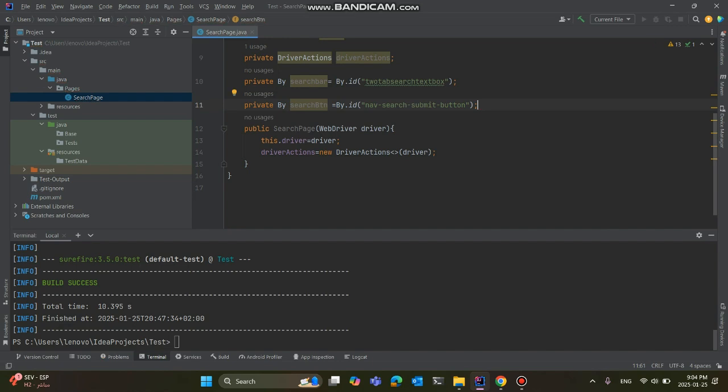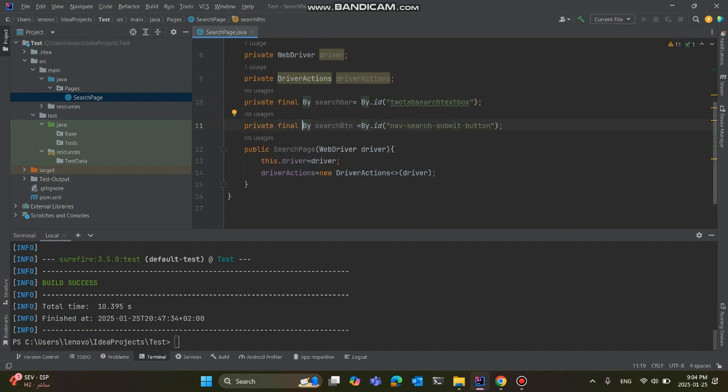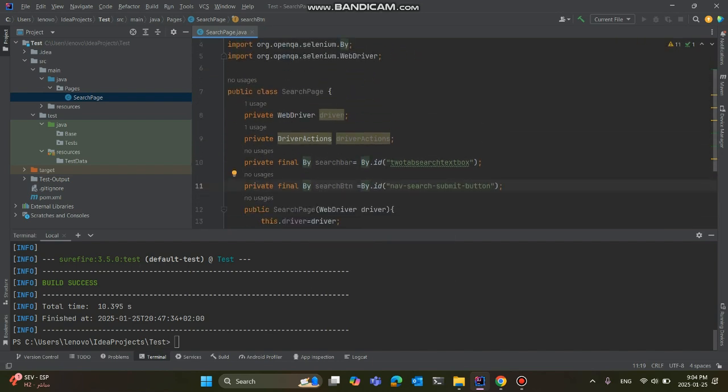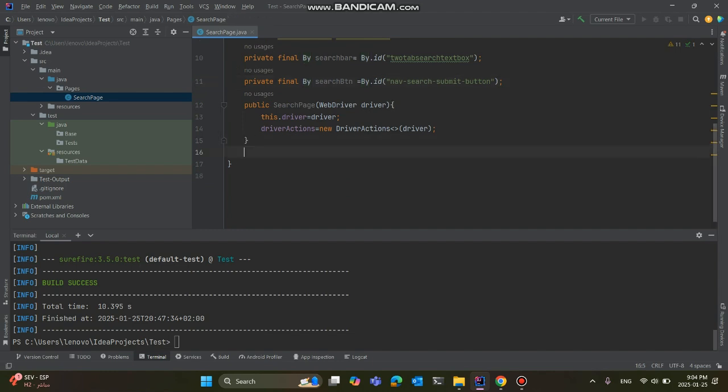That's it. Also it can be final, or should be final, because it will never change. Same as here. Each time we will use the same locators, and then we will create methods to use them. Search returns nothing, void search